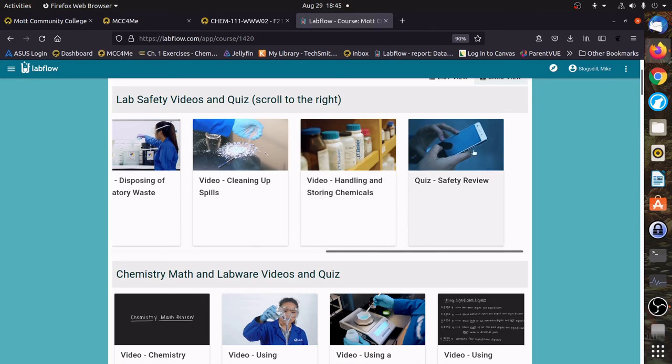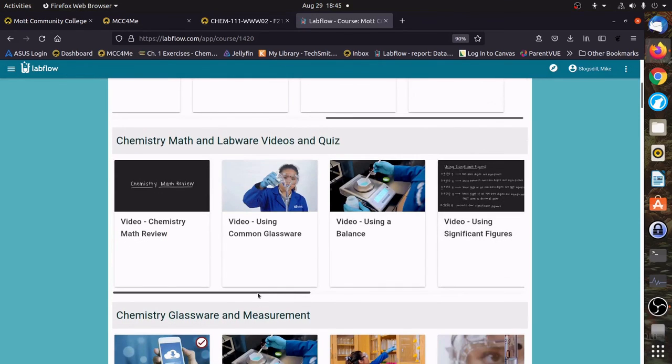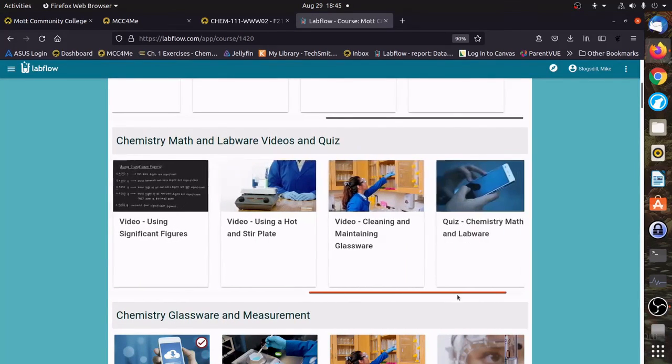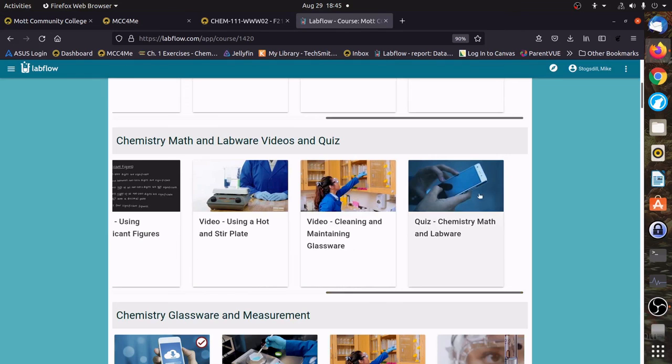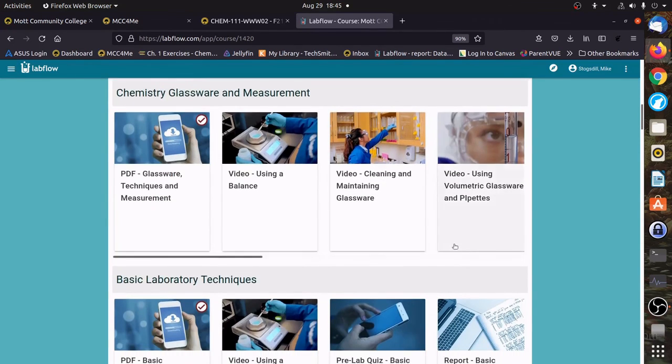And then finally, there are quizzes and laboratory reports. For the first two weeks, we're just going to have a quiz. The first one is on safety. The second one is like a little review of some math that's going to be important for us. And then you're going to get into actual laboratories, where we start off with a PDF explaining what to do in the lab,